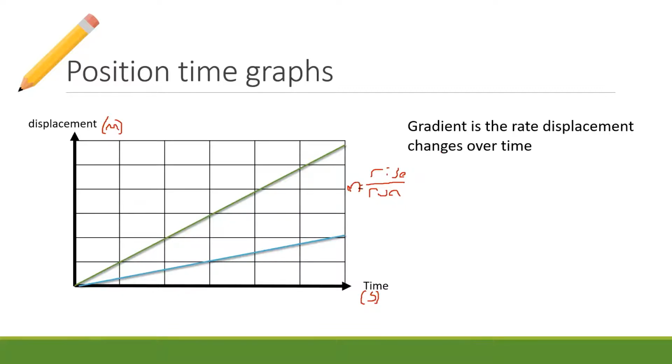And your rise over run is going to be, your rise is going to be displacement, and your run is going to be time. So what you're going to have is your change in displacement over a change in time. How much have you risen by, which is how much your displacement has changed, over how much your run has gone. How much have you gone from left to right? And we know the change in displacement over the time is the same as velocity, because we just talked about that